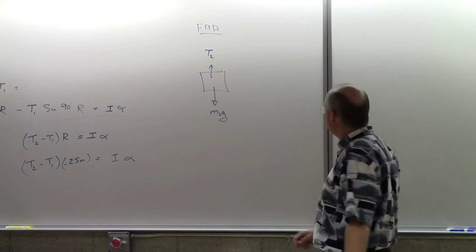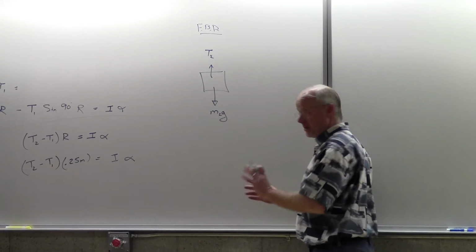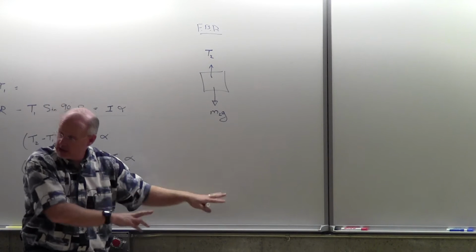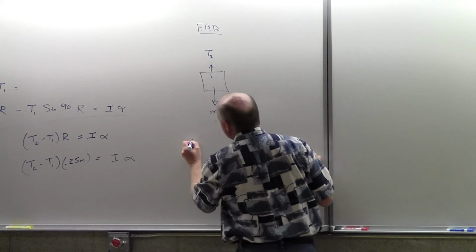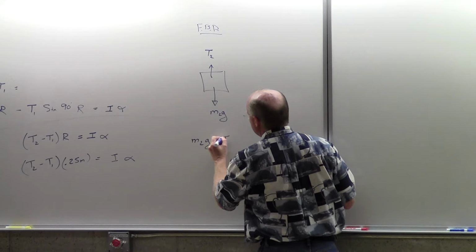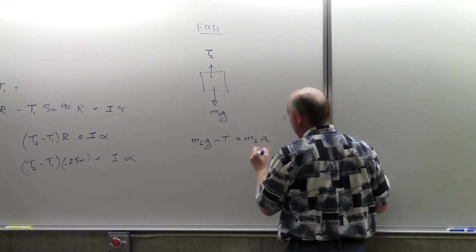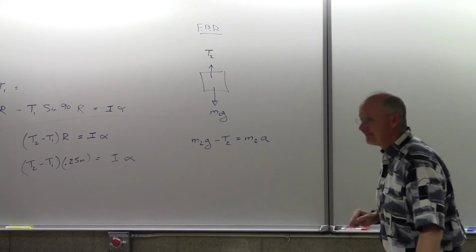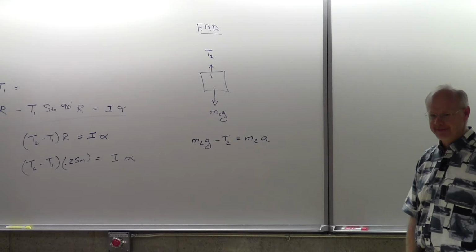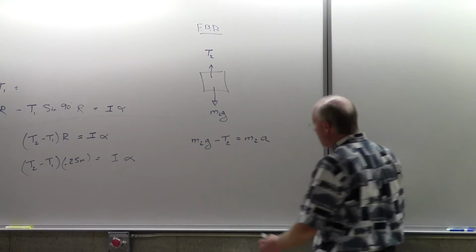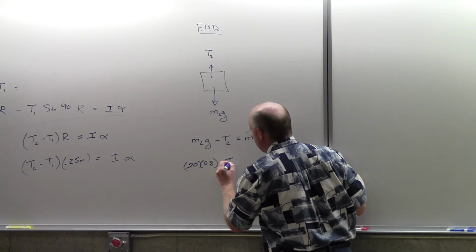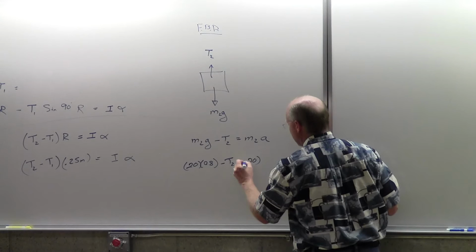And so if I write out this equation, and to be consistent, you've already told me that you wanted to call the clockwise positive. So let me be consistent and call the down positive. So this would be an M2G minus T equals M2A. Oh, tension 2. Oh, this is looking good. Because I know everything but T2. All right. Right? Don't I know that this is a 20 kilogram object? This is 9.8. This is minus T2. This is 20 kilograms. And this is